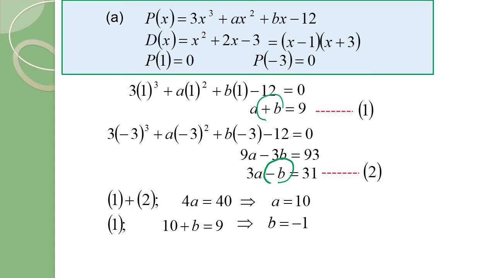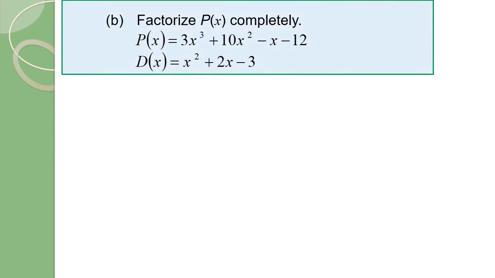Factorize P(x) completely. Therefore P(x) equals 3x cubed plus 10x squared minus x minus 12, because we have the A and B already, right? Okay, now for question B, they ask you to factorize P(x) completely. We know P(x) equals 3x cubed plus 10x squared minus x minus 12 after we find the values of